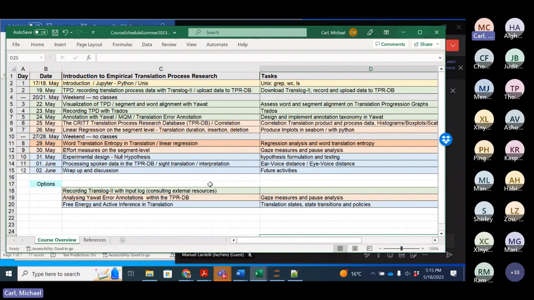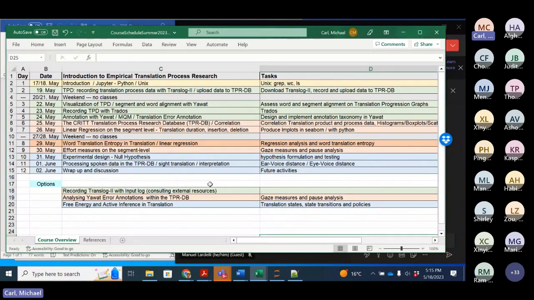So you have a trade-off here, right? If you use the keylogger inside these tools, you have access to the text and you can know which parts of the text are changed. But you cannot know when somebody goes outside Trados or Translog and types other things. Those tools don't have access there. InputLog has access to all keystrokes. It runs in the background, it's logged directly to the keyboard, and it doesn't care which tool or window you are in.